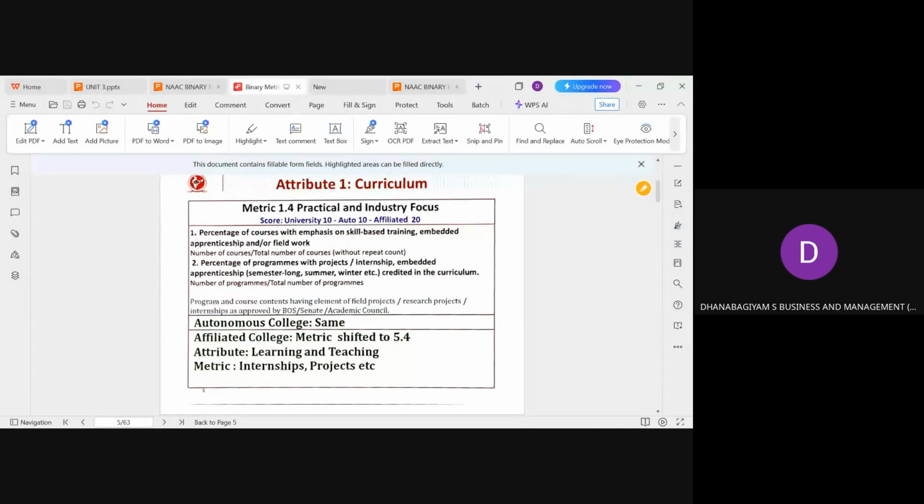Through that, they can submit even a project report. For that, one particular course can be designed, such as a summer internship or a social concern project or anything like that. We can start from the first year itself. In the first year, when they go for a summer vacation, we can have some social concern project.